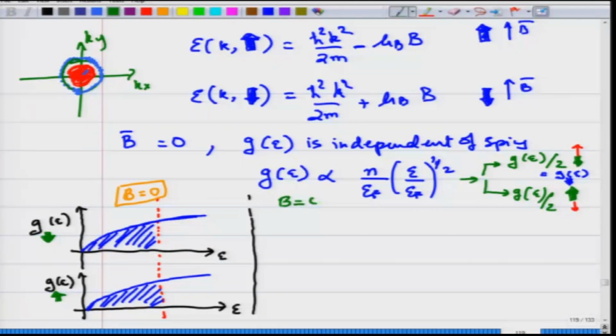When you switch on the magnetic field, when B is not equal to 0, the energy gets shifted. Now, the zero of the energy is starting from a lower value. For k equal to 0, this is equal to 0, but the energy in a magnetic field is minus mu B for an electron with magnetic moment parallel to the field direction, and for an electron with magnetic moment anti-parallel to the field direction, it has a higher energy. So, if you put k equal to 0, the origin is now shifted.